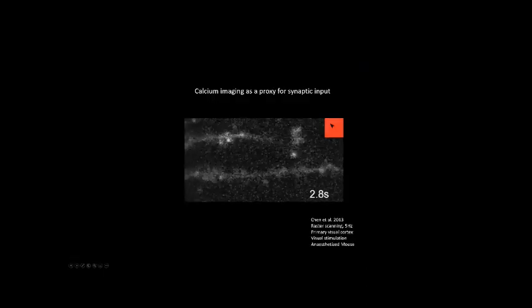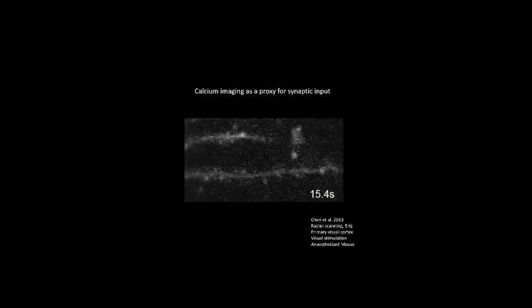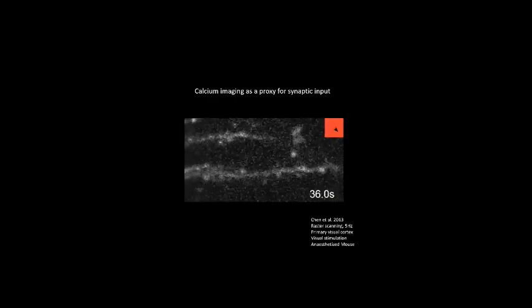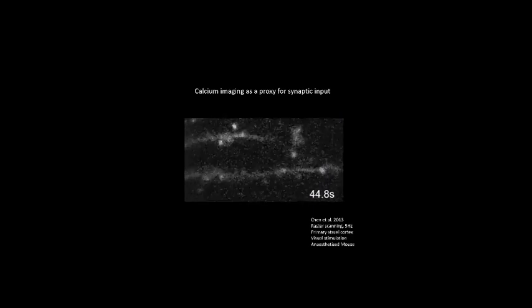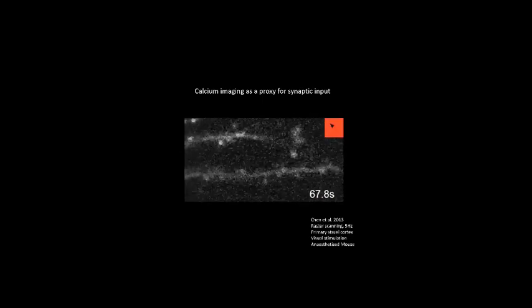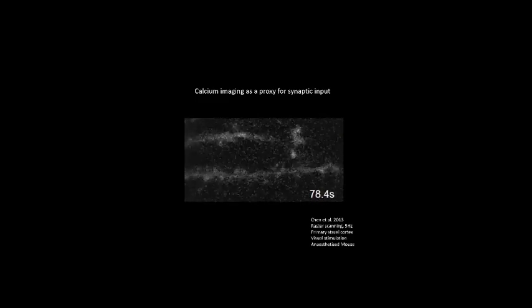There's a relatively long history now of measuring synaptic activity in spines using calcium indicators like GCaMP. So these are some beautiful recordings in mouse visual cortex where a mouse is being shown different directions of motion, and there are little flashing calcium influxes into these spines that are caused by NMDA receptor opening. So there are receptors that are calcium permeable that under certain conditions open and allow you to see inputs into